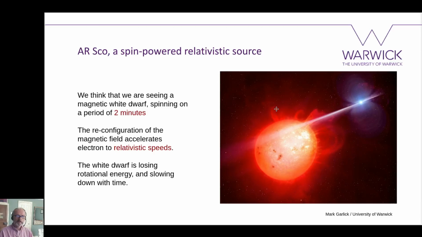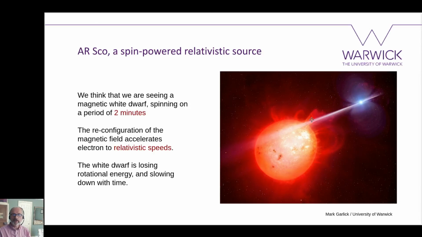So what we think we're seeing here is a magnetic white dwarf spinning on this 2-minute period, and it's the magnetic interaction between the white dwarf and a companion star, the companion that's on the 3.5 hour period. The interaction between their magnetic fields is actually causing acceleration of electrons. So when magnetic fields interact in astronomy, you get the field having to break. The field changes its configuration, and as it changes that, it's almost like an elastic band. It can accelerate particles to high energies,